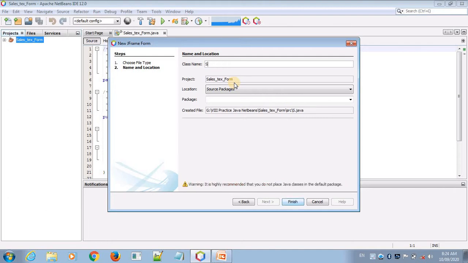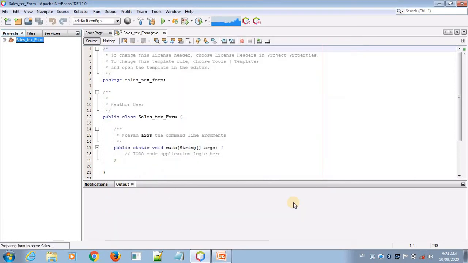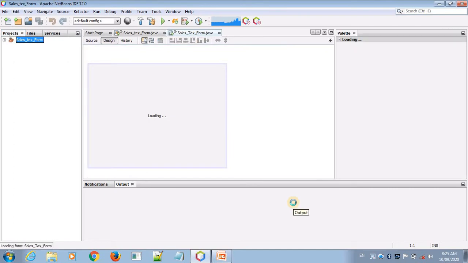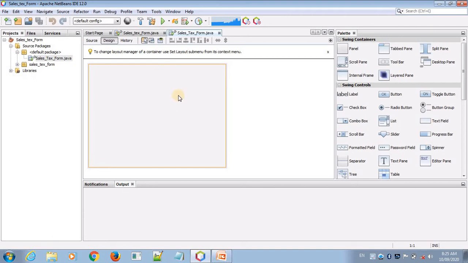I'm writing the same name here, sales tax form. Click on the finish button, and this is our created file. It is stored here. Now this is our design area, and we are going to make the form here.